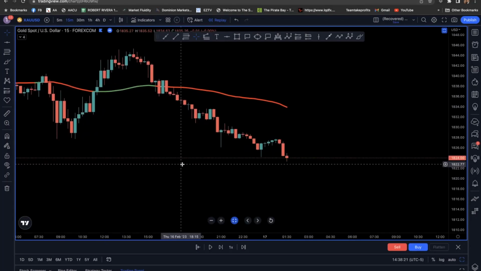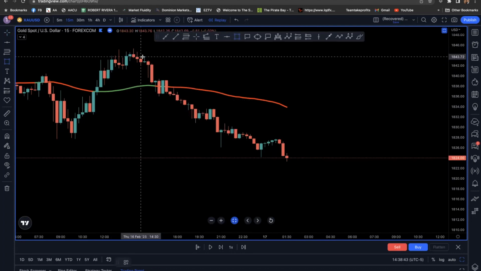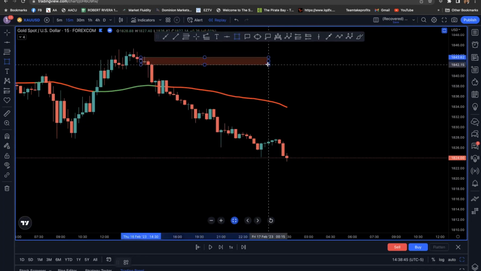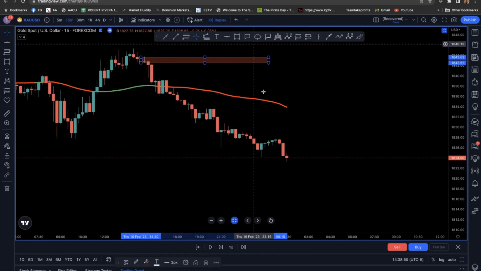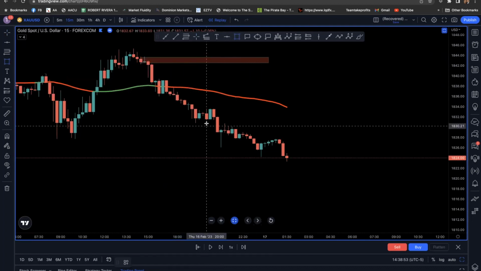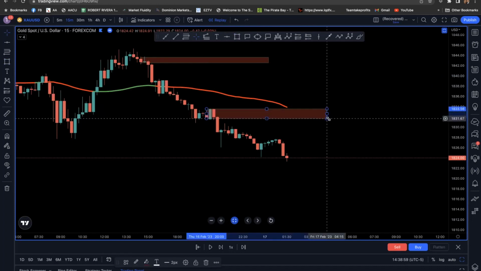So on supply and demand, you're looking for areas in the market where price has dropped suddenly without buyers or sellers being able to interact in the market. The market likes to be efficient. In other words, there should be a balance between buyers and sellers. And in this downtrend right here, you can see how there are areas where price drops so quickly that buyers could not get in on the action. The market frowns on this and looks to create a balance of these orders by coming back and mitigating them,